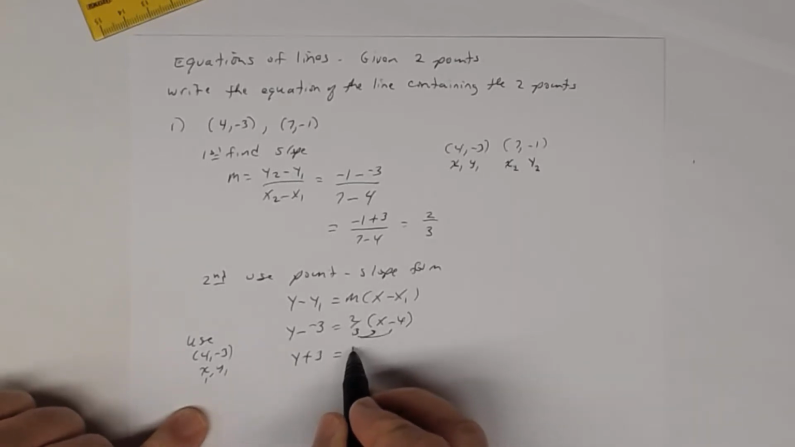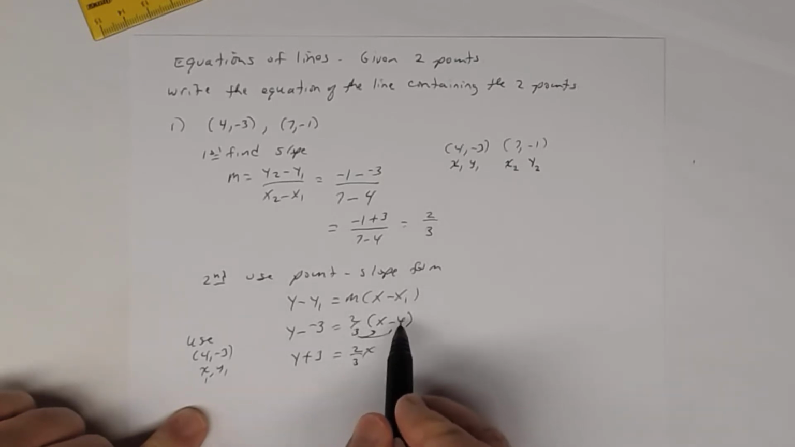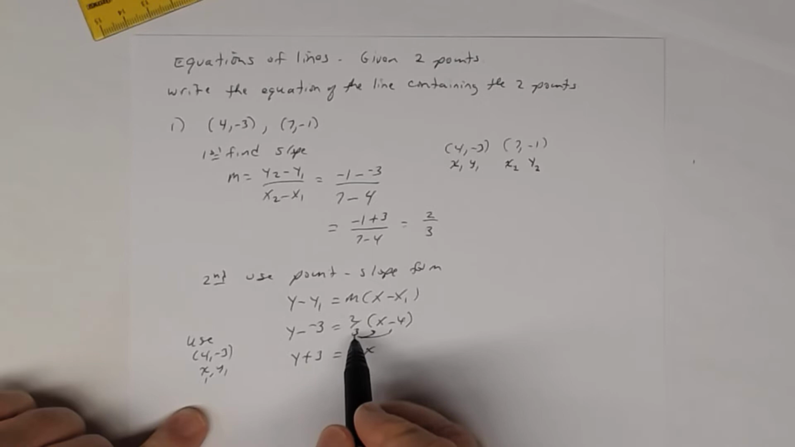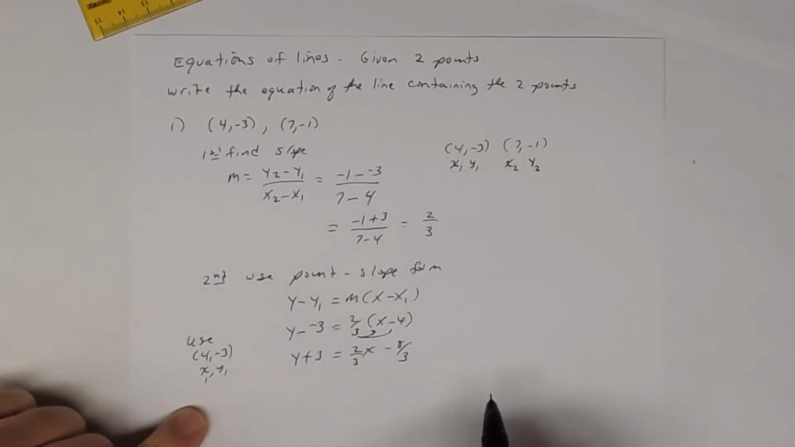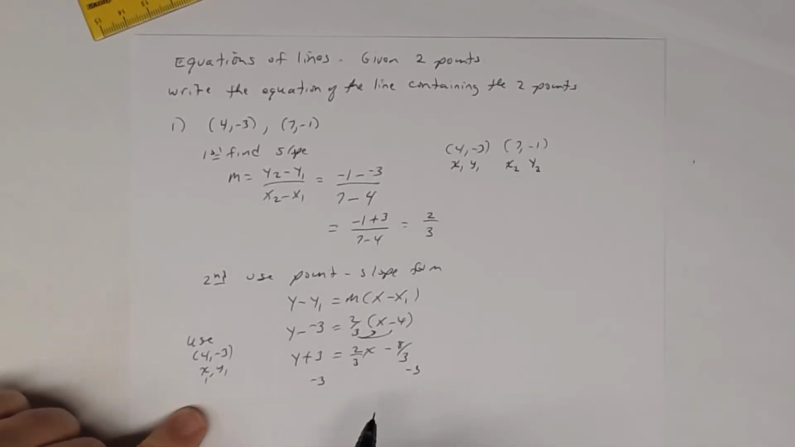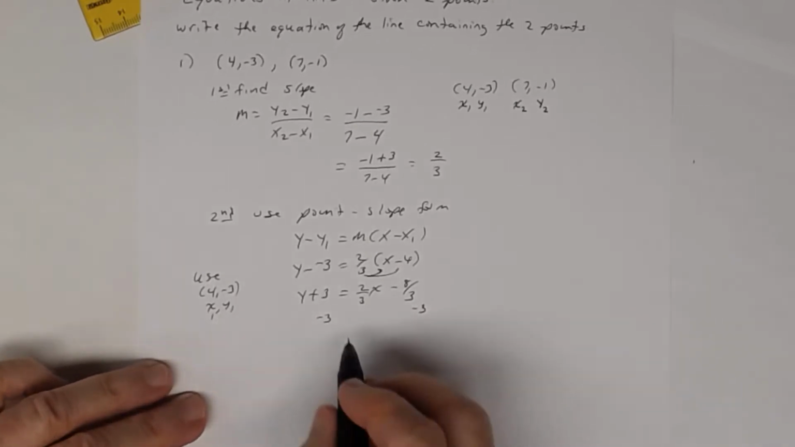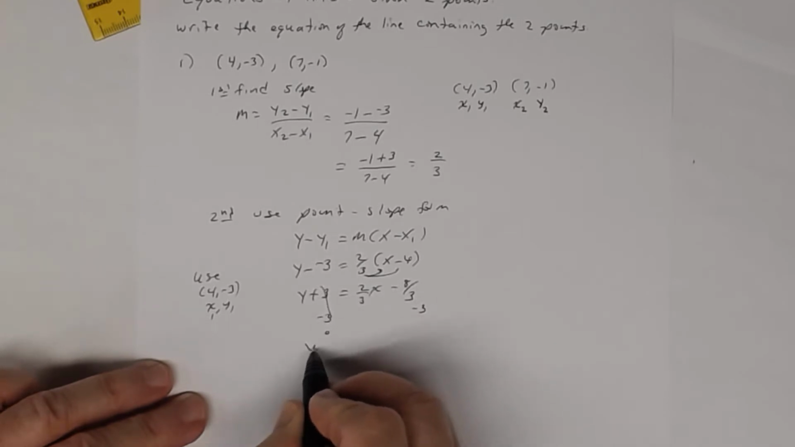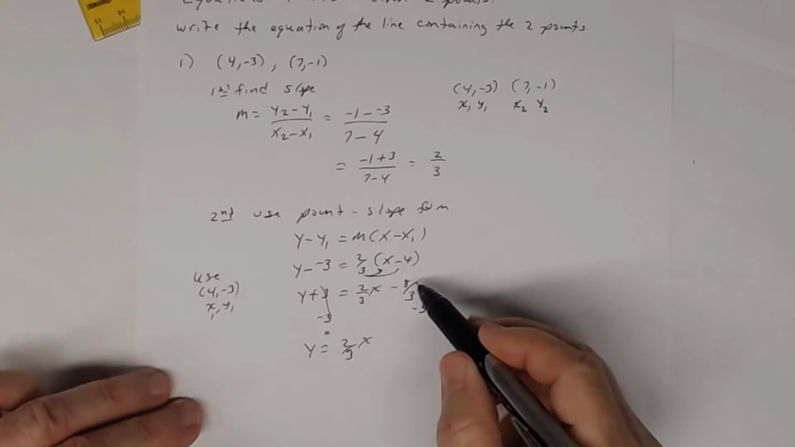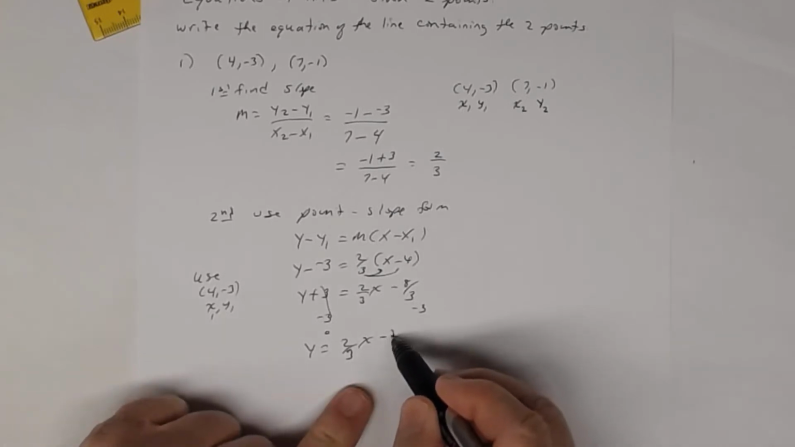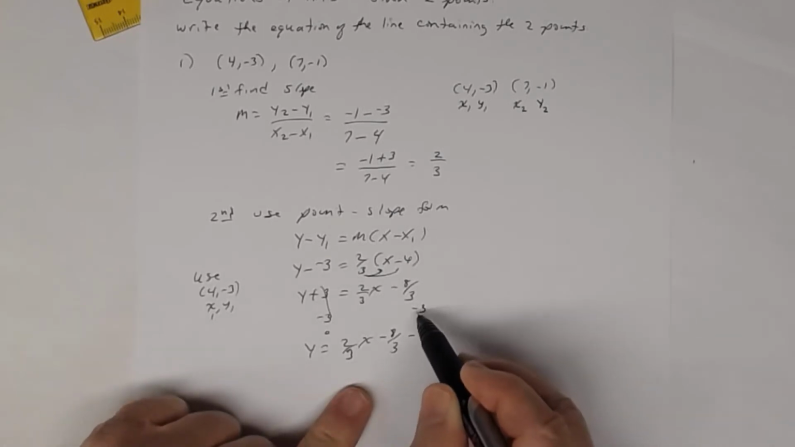And distributing, I get 2/3 x, and then 2/3 times a negative 4. 2 times 4 is 8. So 2/3 times a negative 4 is a negative 8/3. And then subtracting 3 from both sides, and we're trying to get this in slope-intercept form. So subtracting 3 from both sides, I get y equals 2/3 x, and then minus 8/3, and then the LCD